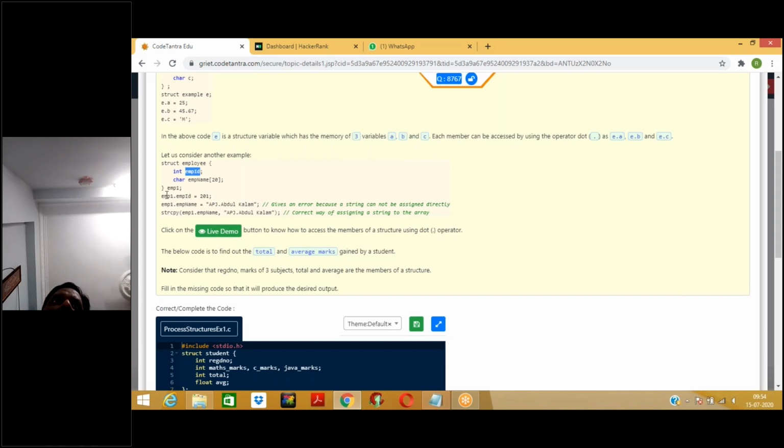The syntax here is structure variable, first point. That means EMP1, dot is the operator. It is going to call, or we can access, that particular variable inside the structure, because EMP1 is referring to the employee structure, right? Within that, after the dot, which one do you want to access? The variable, that is EMP ID. That is equal to